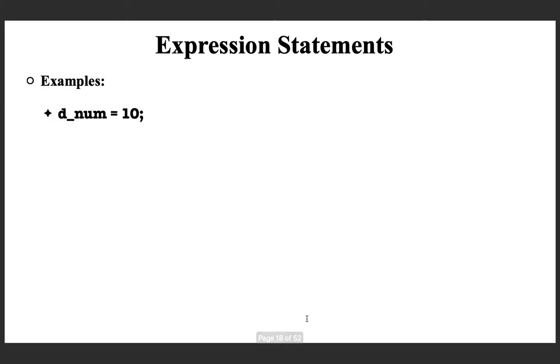First example, if you recall this, without the semicolon, the remaining was an expression, assigning the constant 10 to a variable. Another example, finding the sum of a constant and the value in this variable and assigning its result to a variable. And if you recall from the previous slide, the RHS except the semicolon is an expression, and the LHS is another expression because it's a variable.